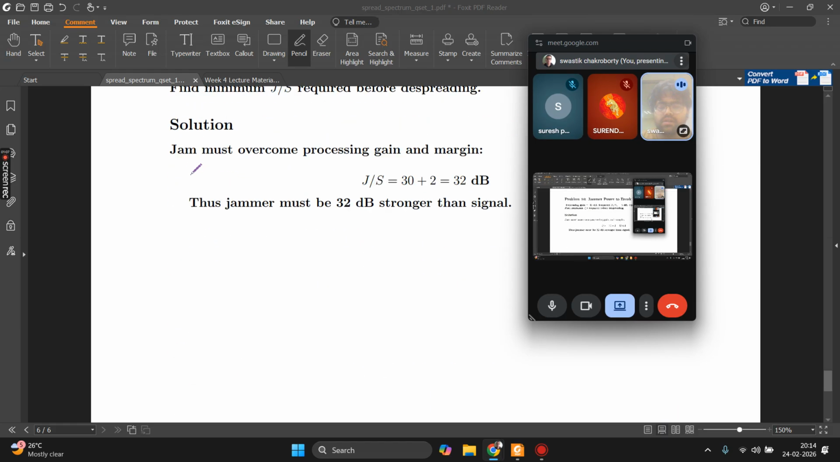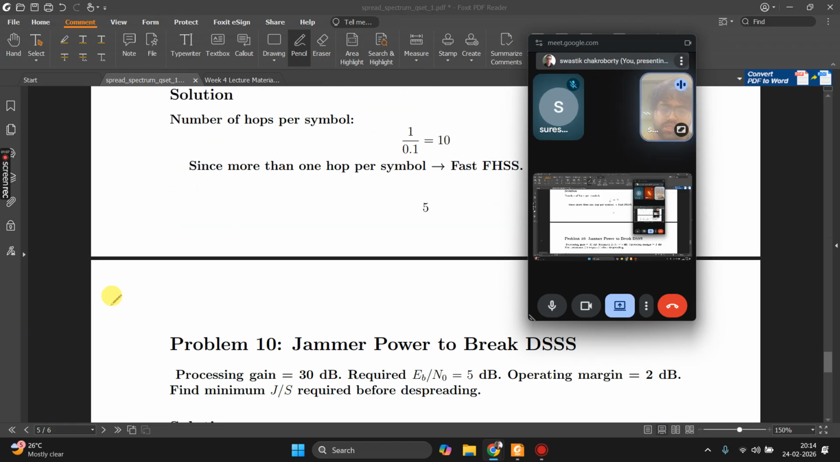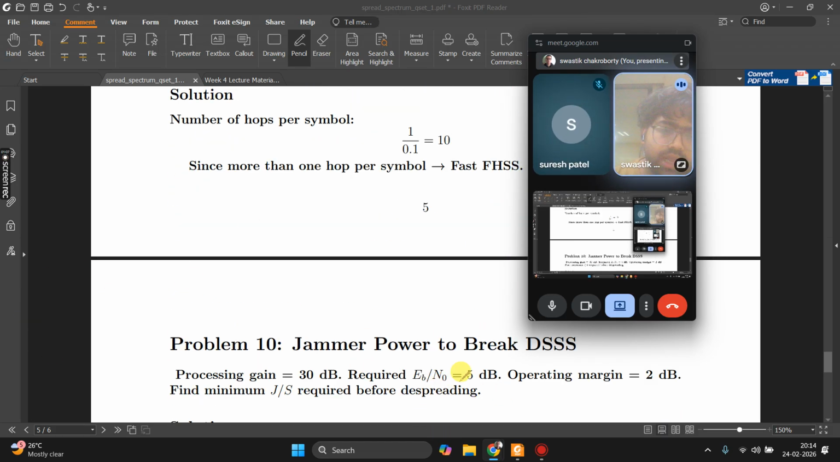Okay, next. Processing gain is 30 dB. Required Eb/N0 is 5 dB and operating margin is 2 dB. Find the minimum J/S required before despreading. So you need an Eb/N0 of 5 dB and you also need after that a margin of 2 dB